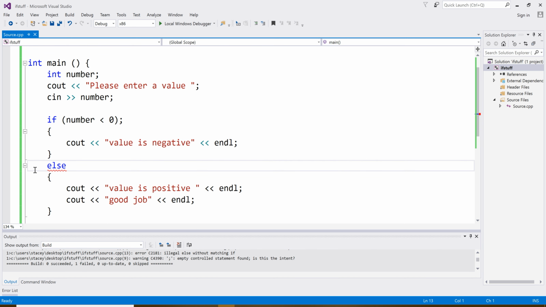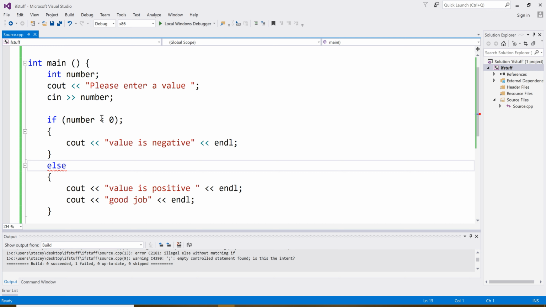But again, just as I was talking about up at the board, when I put this semicolon up here by mistake, I'm getting a curly brace error down here with the else, okay? Which could be misleading because that's not at all where the problem is. The else is fine, right? The else is fine. It's just that C++ looks at this and it sees, oh, number less than 0, semicolon,